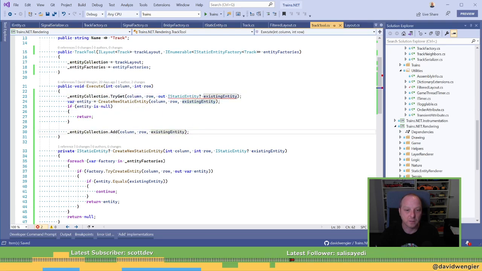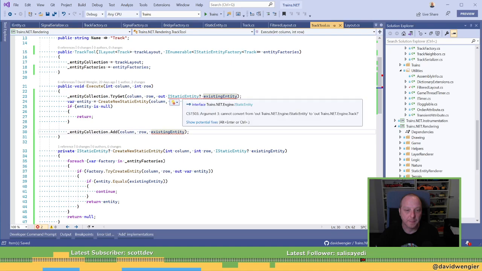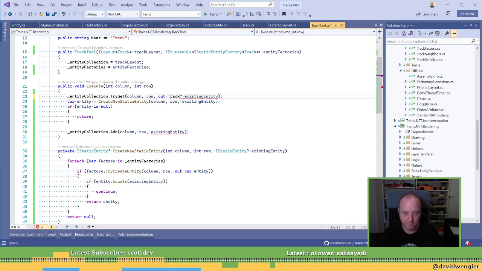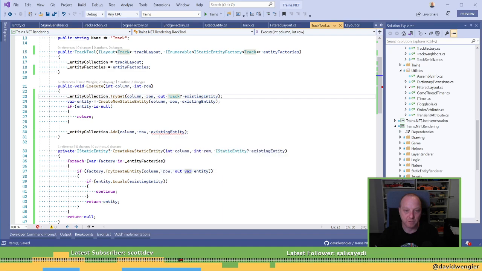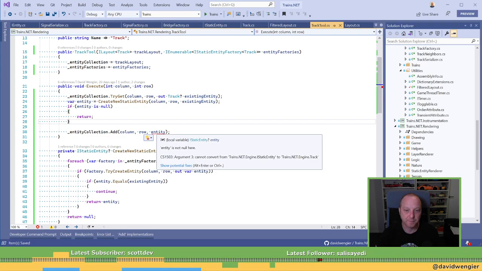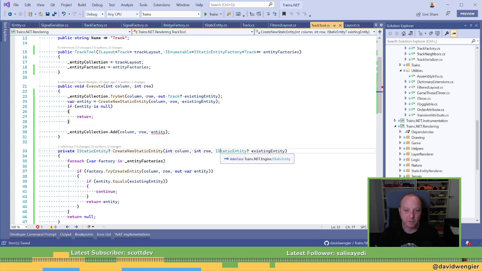That's existing entity. What's wrong with that? That's a track. Okay. Fine. Even better. What's wrong with that? Possible null reference. Oops, wrong one. That one. Can I convert from my static entity to track? Okay, that can be a track.